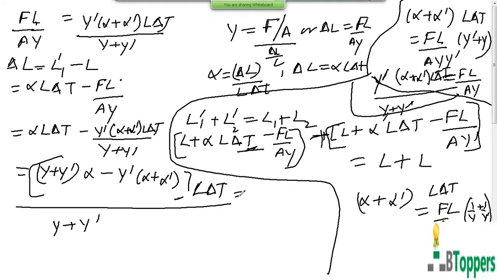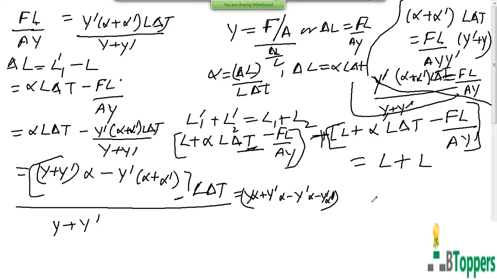So this you can simplify: Y alpha plus Y dash alpha minus Y dash alpha minus Y dash alpha dash, whole multiplied by L delta T. So into L delta T